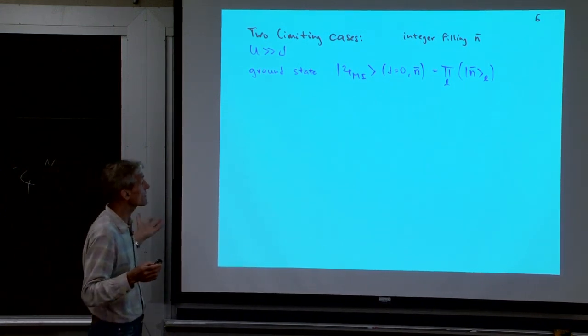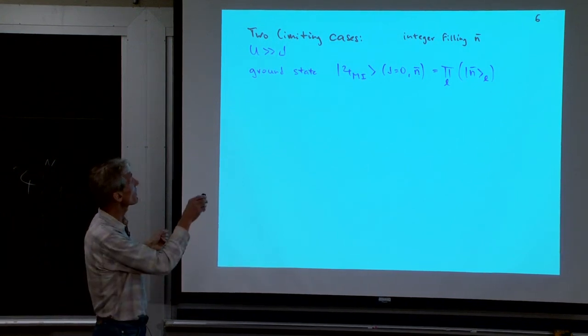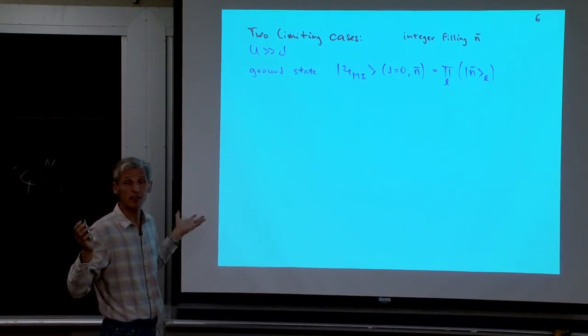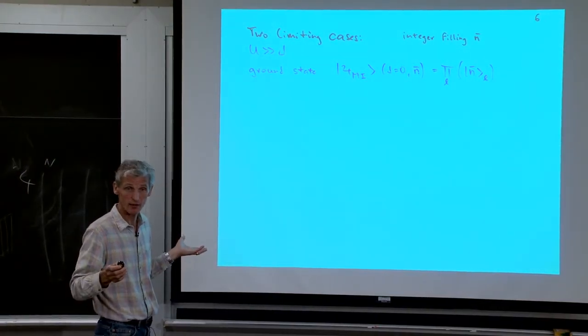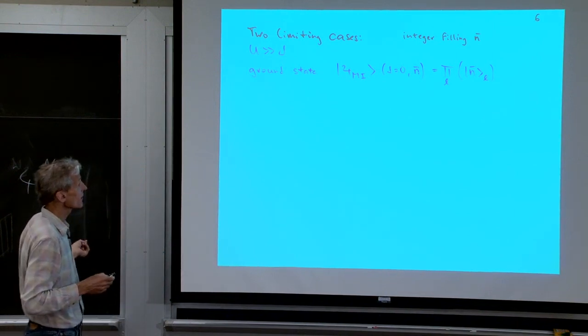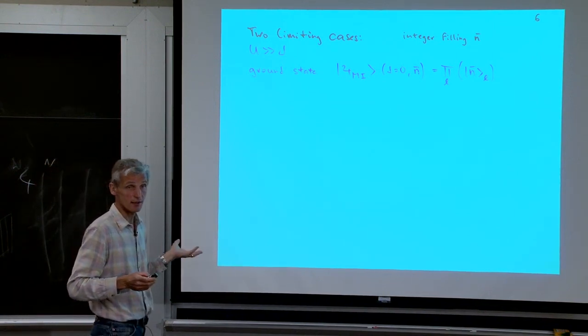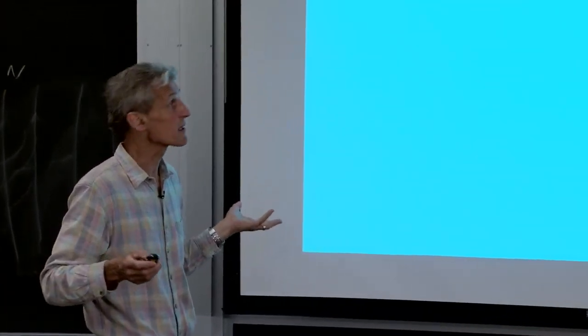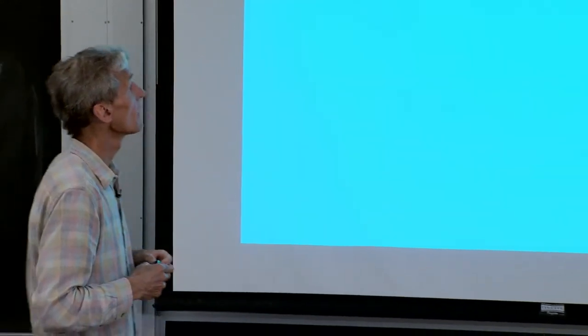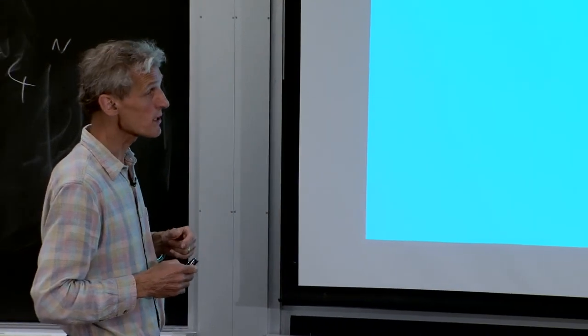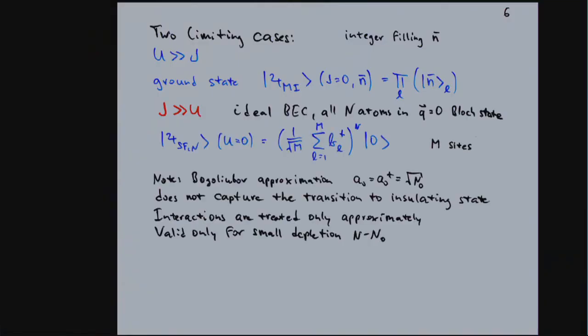That makes perfect sense, of course. If U is much larger than J, I can set J equal to 0 if I can neglect it. No tunneling means no transport, and that means an insulator. It's also clear that when there is no tunneling, the system is really described by a product of so and so many particles per site. So it could be one particle per site, and I have a product over all sites, or two particles per site. This will be the ground state, and it's called the ground state of the Mott insulator.